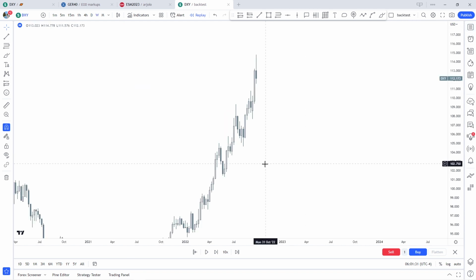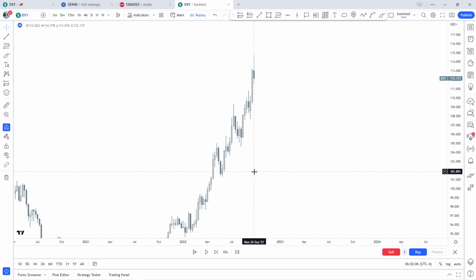All right, here we are on the dollar. The dollar is inversely correlated to the E-mini S&P and the bonds. So if the dollar is moving higher, bonds should be moving lower, and E-mini S&P should be moving lower as well, and vice versa. So if E-mini S&P is moving higher, the bonds are moving higher, the dollar should be going lower ideally. Then if we take a look at the weekly right here, we have this order block